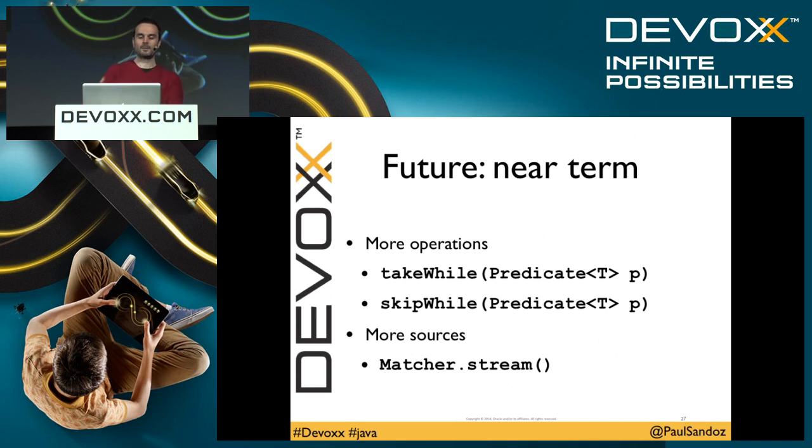There's also certain things we can add, more stream-based sources, like on Matcher. We have it on Pattern for regex, but we don't have it on Matcher at the moment. Stuff like this. If you can think of other places where we should be adding streams, please tell us. We'd like to pepper them around. We have peppered them around the JDK already, but there's probably other places we can add them.